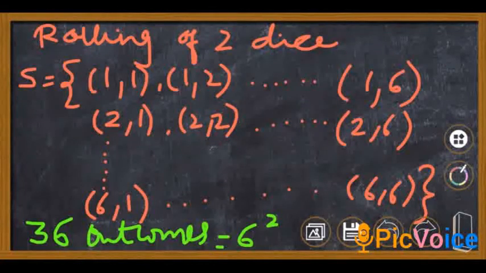Now suppose we are rolling 2 dice, so the sample space will be (1,1), the first one is having 1, second also 1, first 1, second 2. So like this (1,1), (1,2) till (1,6), and then (2,1), (2,2) till (2,6). So like this full 36 outcomes will be there in the sample space. And because the die has got 6 outcomes, 1, 2, 3, 4, 5, 6, that is why 6 raised to 2, because there are 2 dice. 6 raised to 2 is 36. So total 36 outcomes you can see here on the screen.